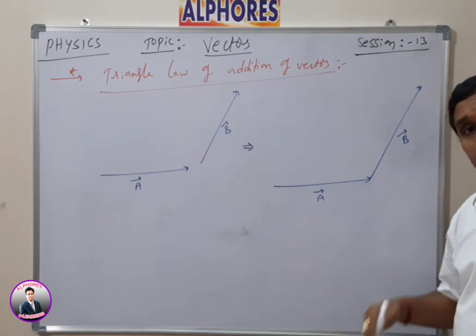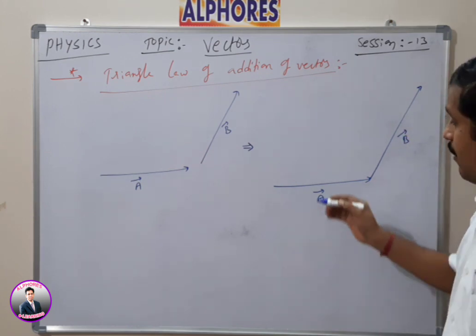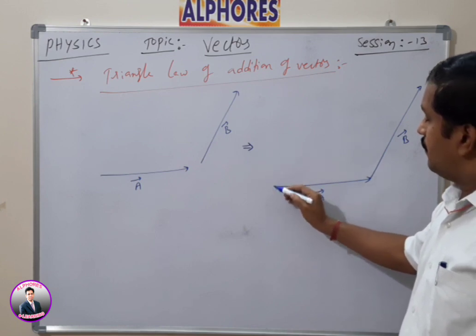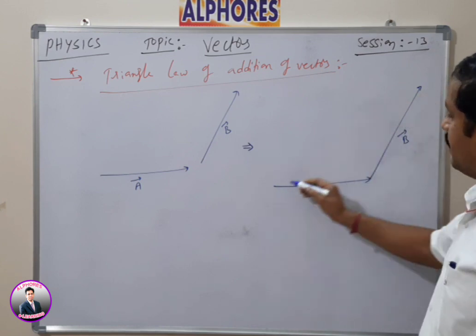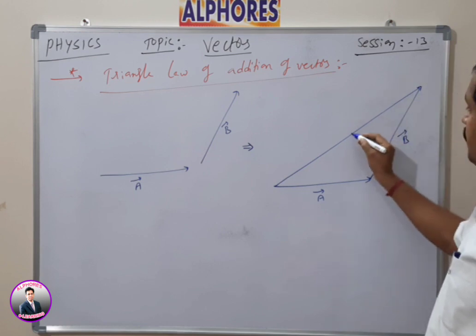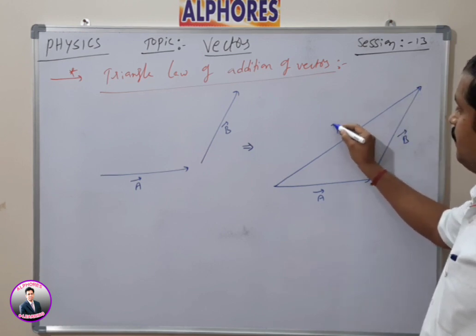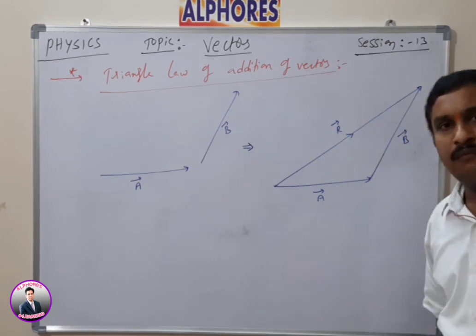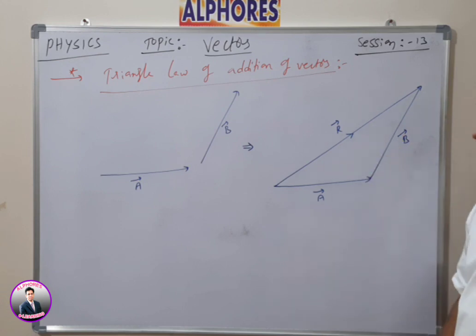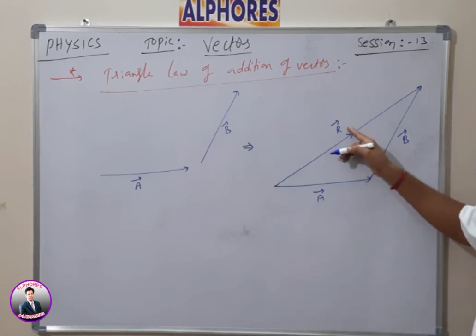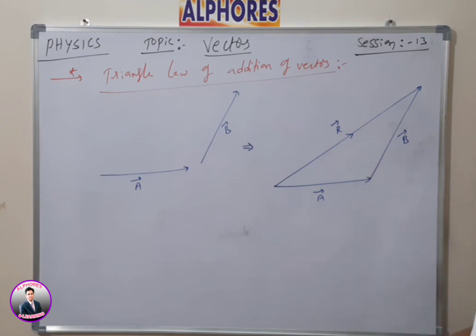Now, what is the third point? Using the addition of vectors, we have to draw the vector from the tail of the first vector to the head of the second vector like this. So this is nothing but the resultant of both vectors A bar and B bar. In order to find this resultant, I have to find the value of R bar, as per some condition.